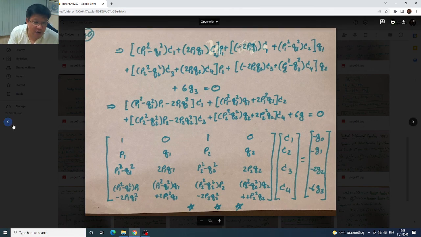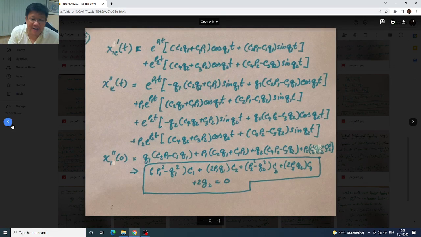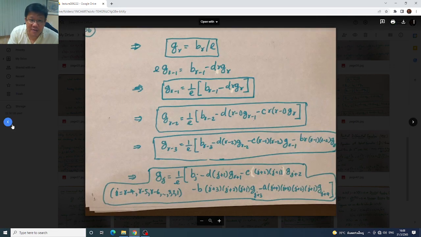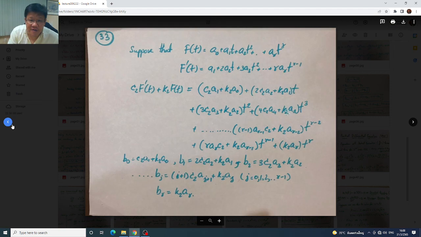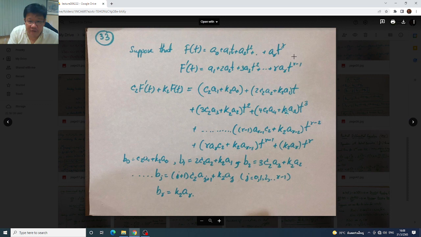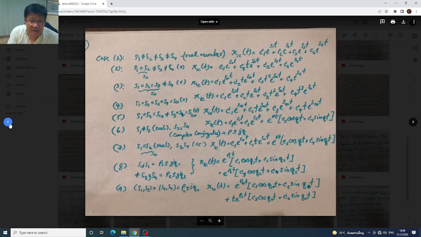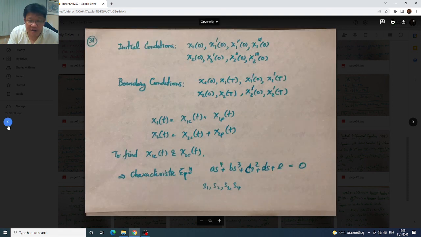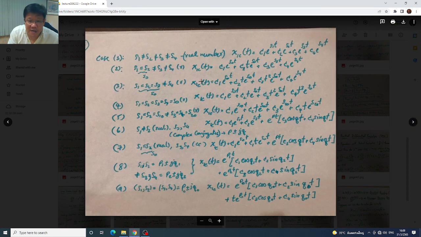So this is just one case. Think about it. This is just one case. One case of what? One case of this type of force function. Okay, and this is just a case, the 8th case, here of x1 ct. Okay, and you know, it's one case of